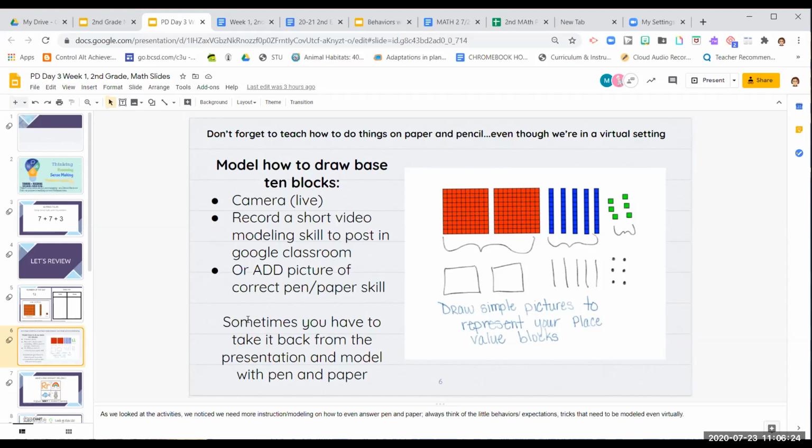This was not in the original lesson. We, as a quick PLC, talked about what students need, what real second graders would have problems with. And we said, whoa, they're going to want to draw out that 100 block with all the little squares. Well, you need to take a stop for a moment and actually take it back to pen and paper. And me as a tech person, I was like, no, keep moving. I'm like, no, we can't forget the little physical things we teach kids because they're not with us. And I was going to do that. So I had to thank Stephanie for